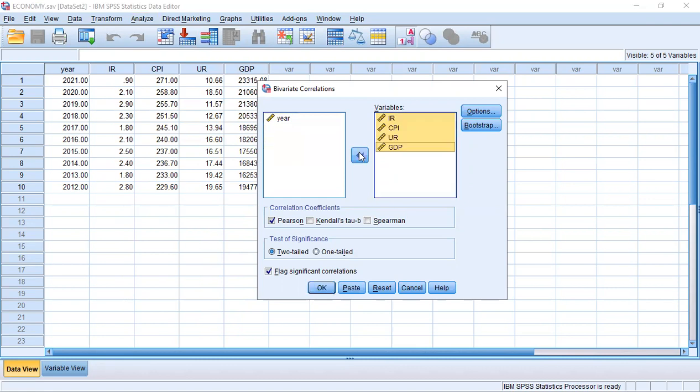Since the data is continuous, we can use the Pearson correlation coefficient. And then we can test for significance with 2-tailed. Once you select OK,